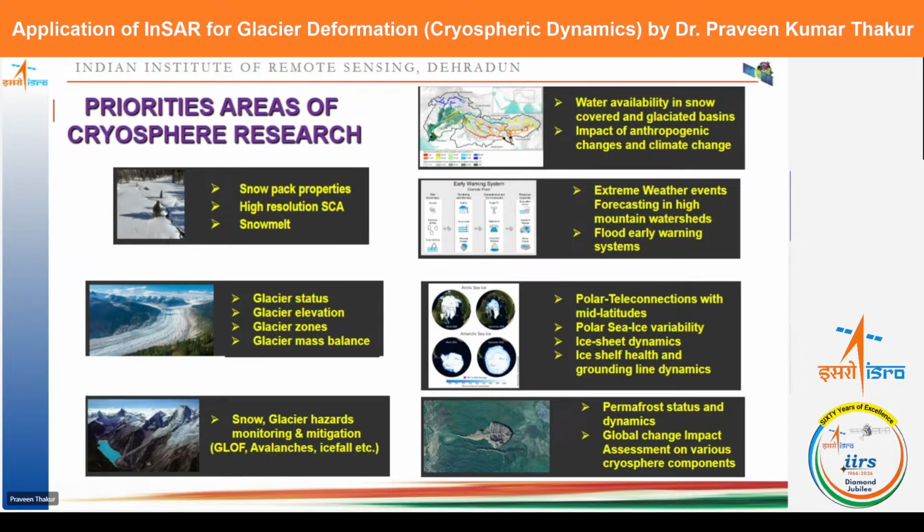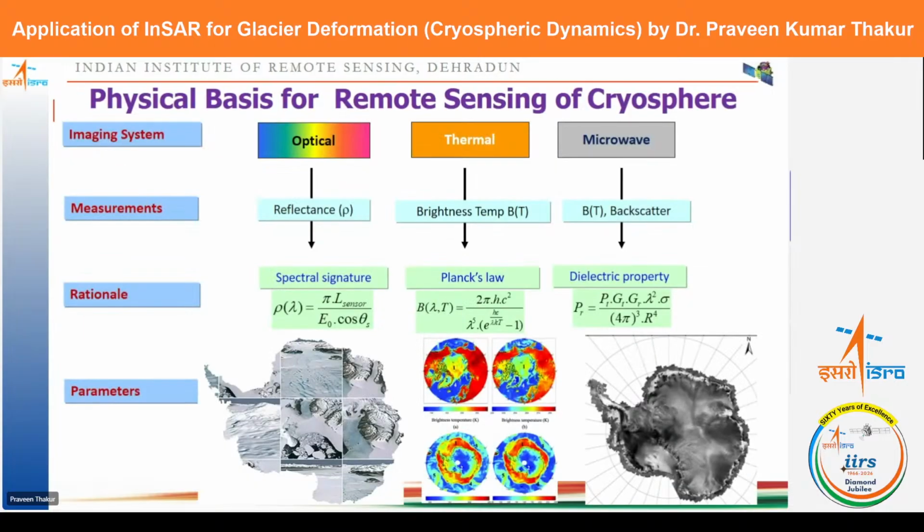And how that is done, we use multiple satellites and imaging systems, which work in optical, thermal, or microwave. They have different physical principles of reflectance or brightness temperature, and backscatter. And there are fundamental equations which govern the reflectance, the emission, or the scattering properties. And fortunately, our scientific community, the remote sensing community, has seen progress in all three domains, and we have